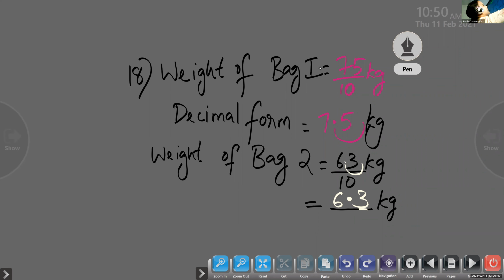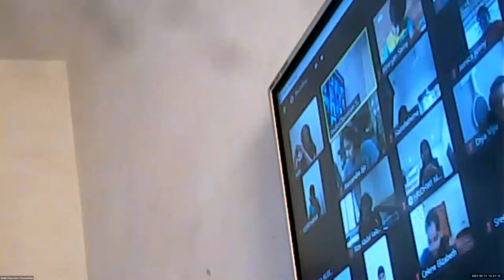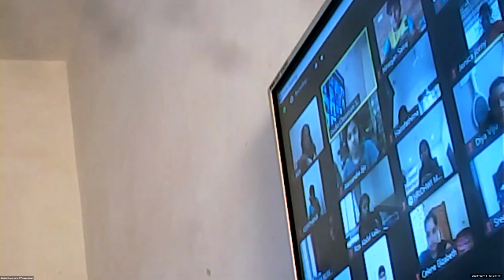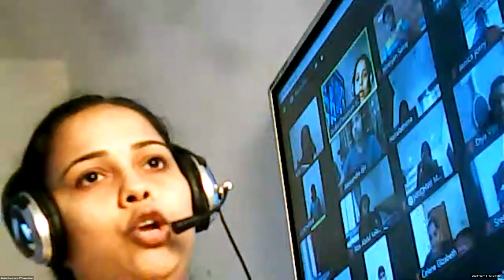Jenika, can you read question number 19? Yes, ma'am. Given below is the distance between the houses of some students from their school: Sharan, Nisha, Aditi, Arun, we have many children. The distance is given in meters. Do you remember in class 3 we learned, 1 kilometer is equal to how many meters? 1,000. Very good. Children, 1 kilometer is equal to 1000 meters.